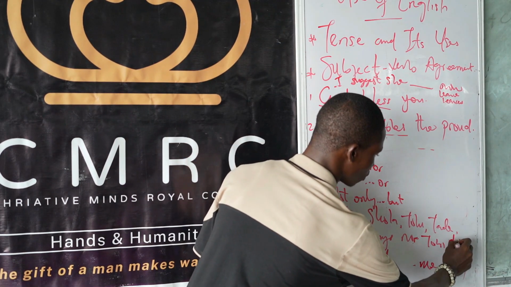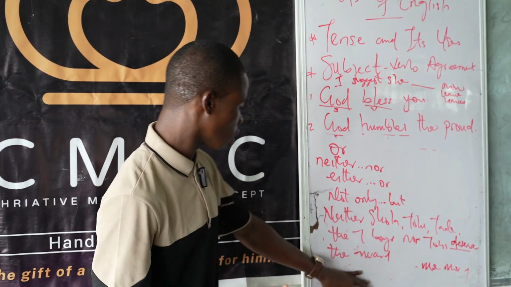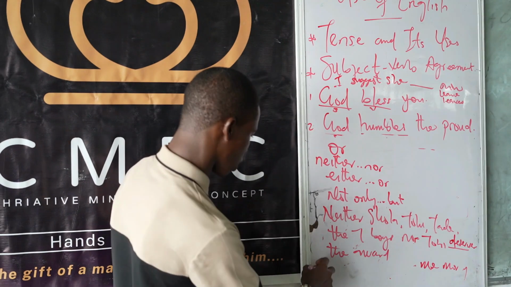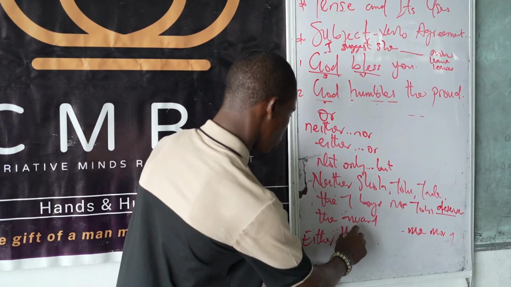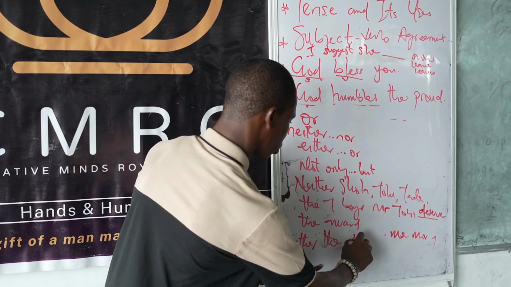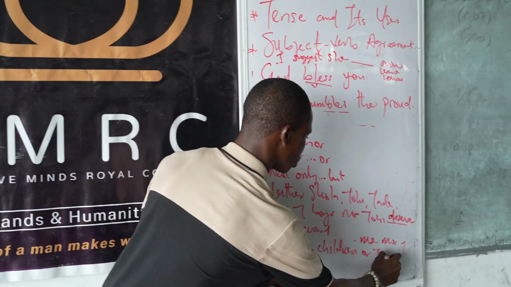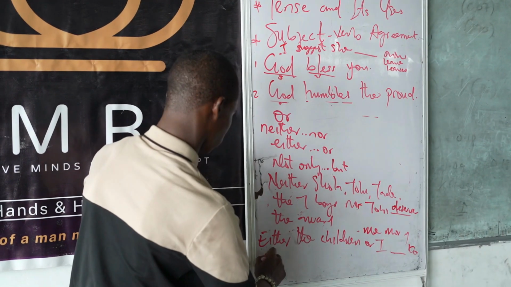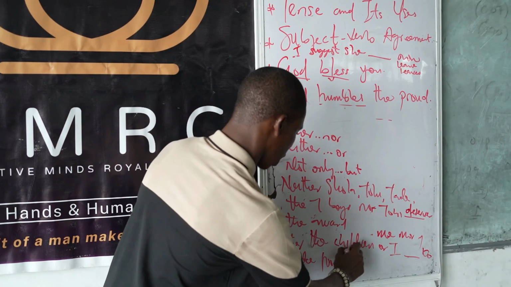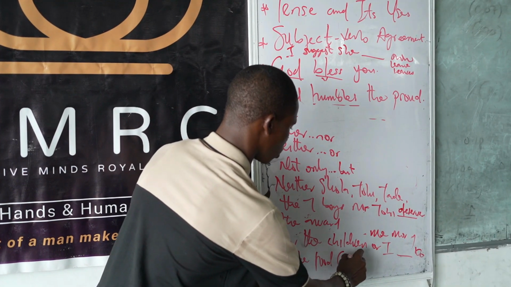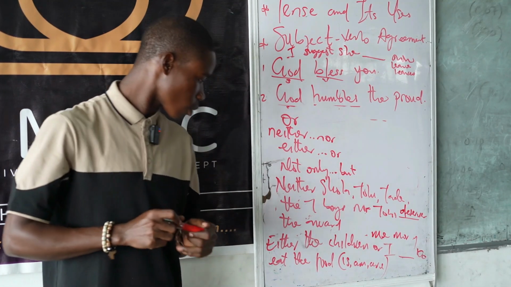Please don't let them confuse you. They might give you even longer subject items than this one. Look at this also. They often give you something like this: Either the children or I dash to eat the food. And then you have options like is, her. What would your answer be?